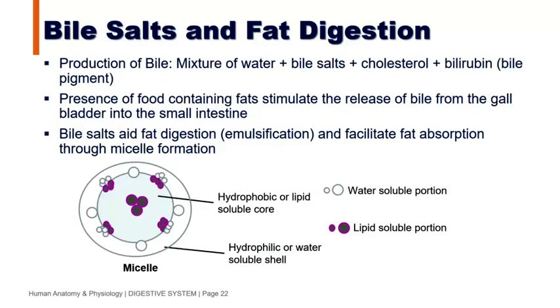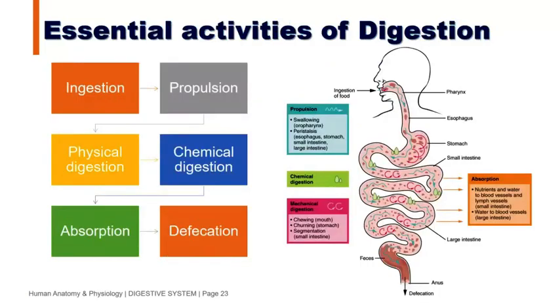Bile salts and fat digestion. Production of bile: you have the mixture of water and bile salts and cholesterol plus bilirubin or your bile pigment. Presence of food containing fats stimulates the release of bile from the gallbladder into the small intestine. Bile salts aid fat digestion or emulsification and facilitate fat absorption through micelle formation. Essential activity